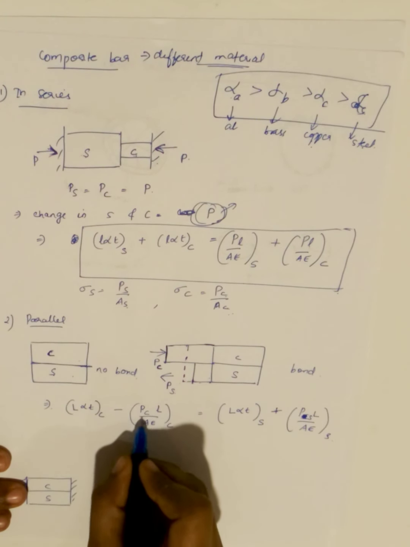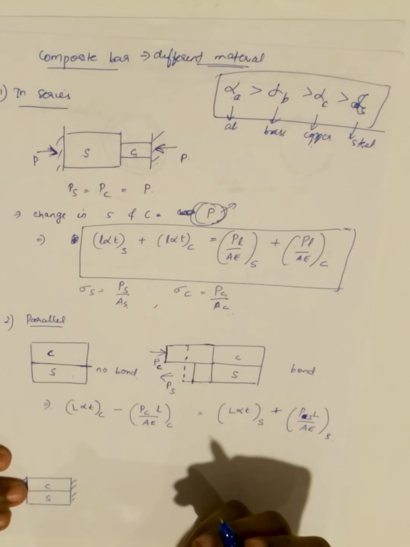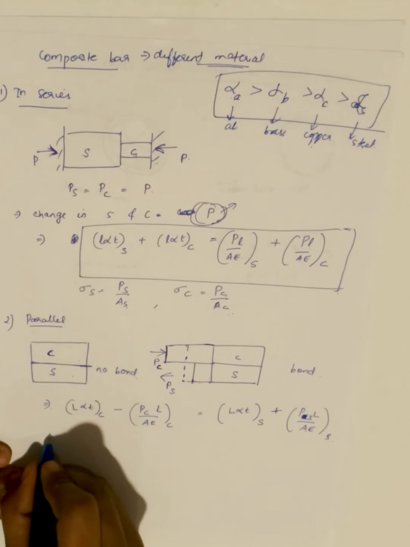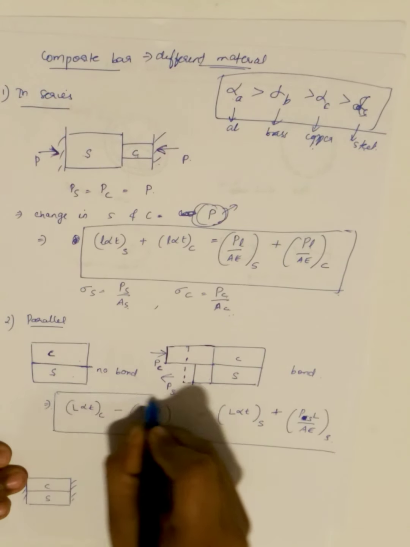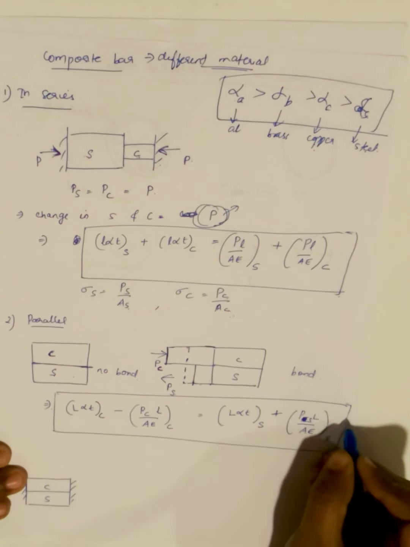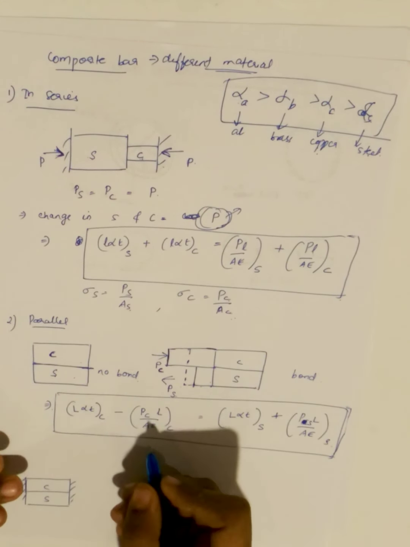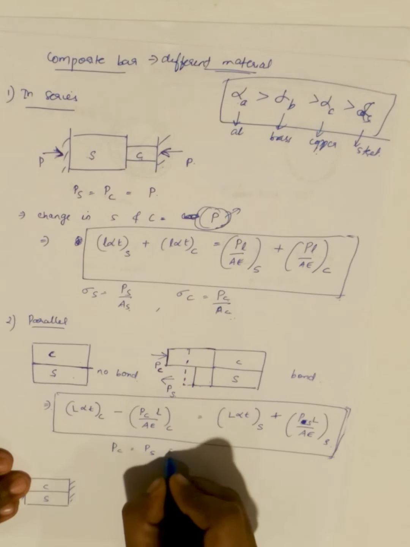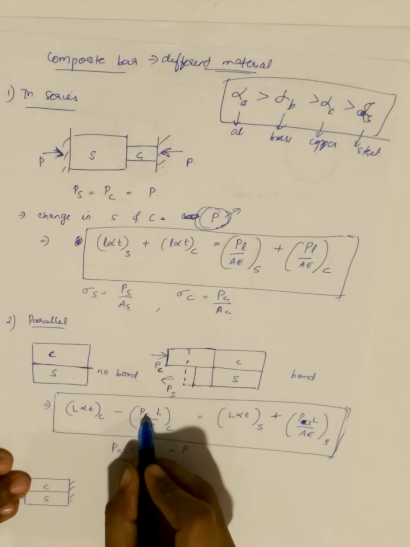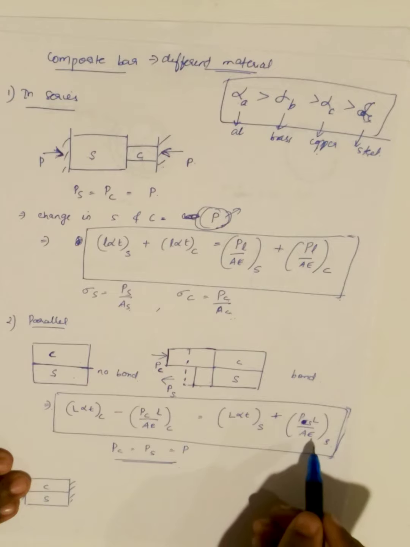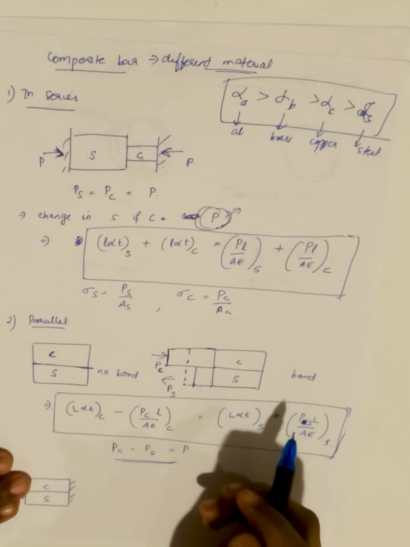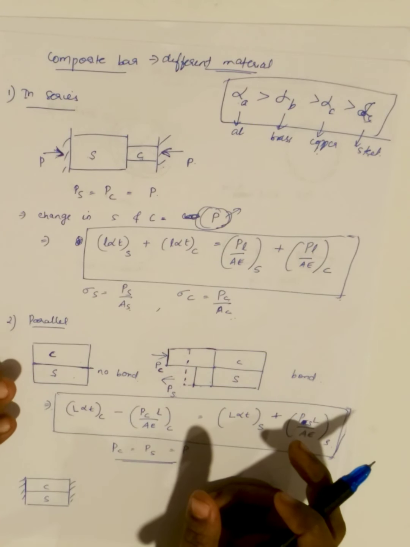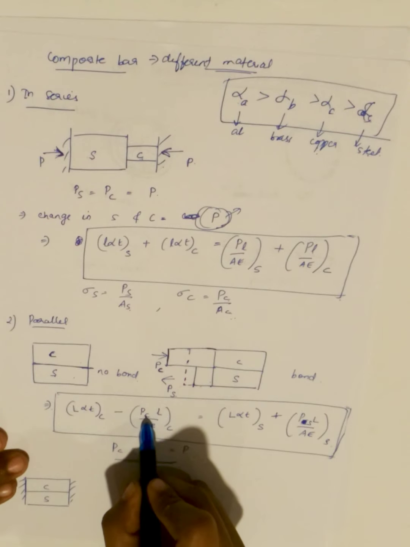We can take P also, I just represented it by PC. So that will be our equation. See, now in this case also these pulls PC and PS will be equal to P. I simply wrote PC and PS for understanding purpose. Actually the force will be the same because this is acting as a unit, so the same resistance will be developed in this.